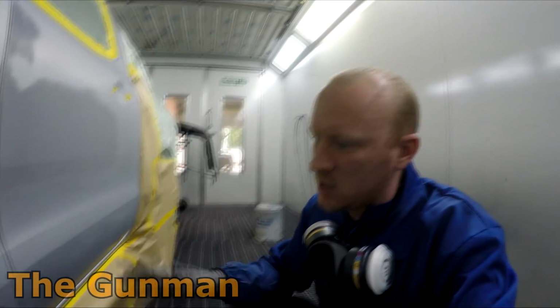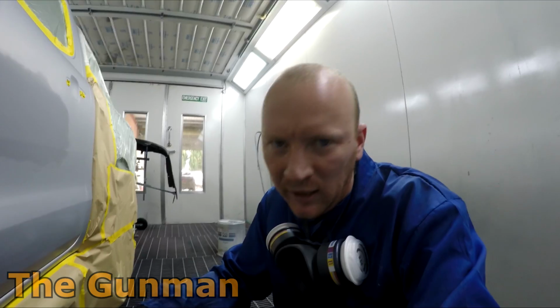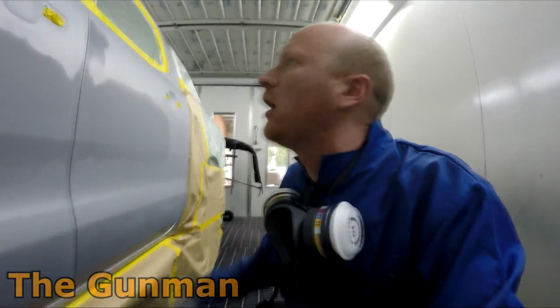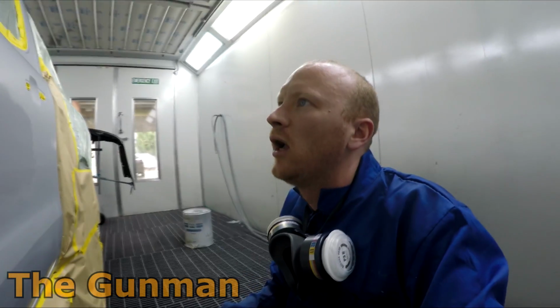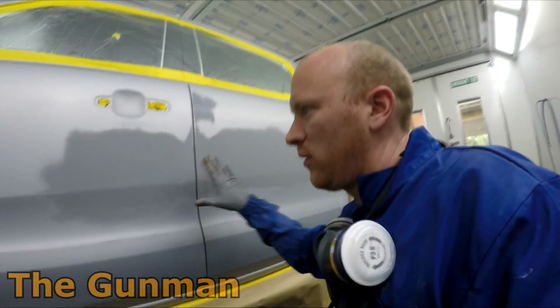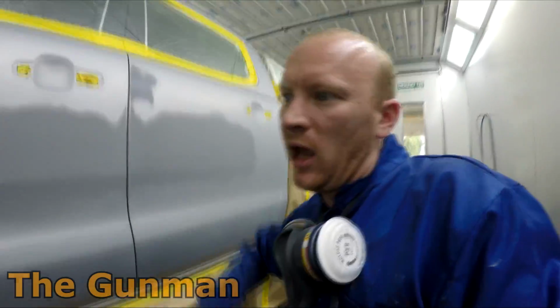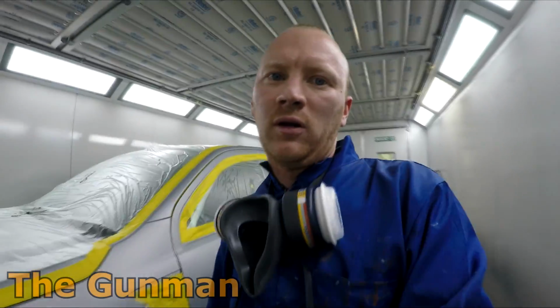And 99% of the time, it's good enough, and you don't even have to puff that edge in, which is just a pain in the ass. And then you're masking off your fresh clear, and it's just creating extra work. So I just go for coverage over that. I'm just going to put that extra coat on it, and we'll blend it out, and hopefully it all goes well. I do have a few little tips that we can do if the blend looks a bit funny,